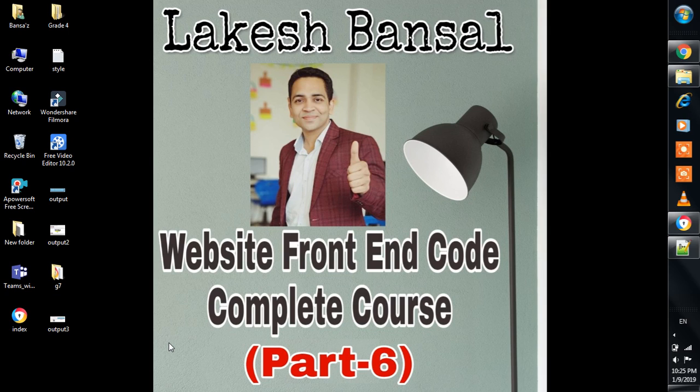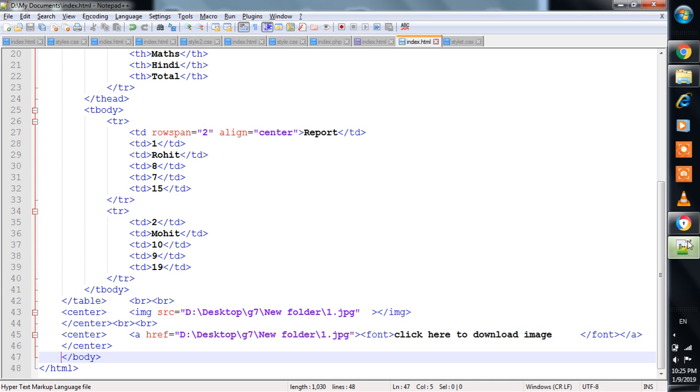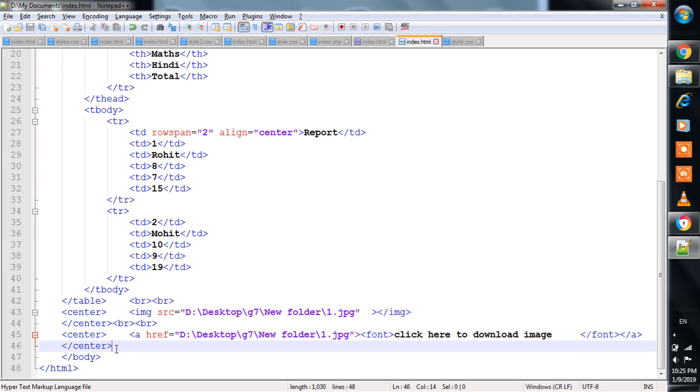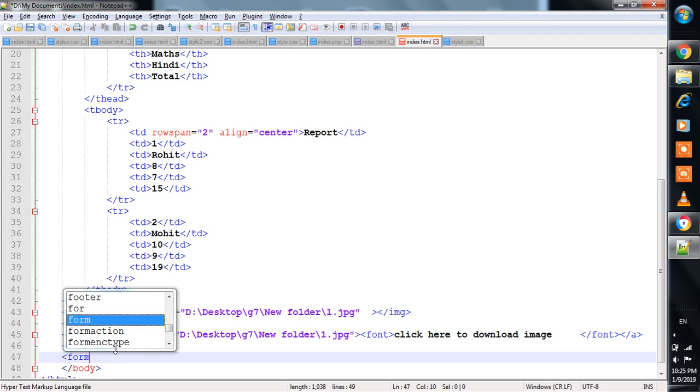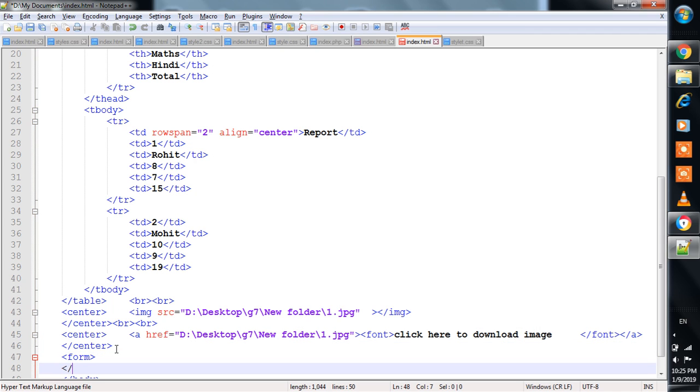So friends, what we are going to do today, we are going to create a form in HTML linked with CSS. So let's start with that. Here we are going to start the form tag, form and close it, control S. So inside the form tag we are going to create